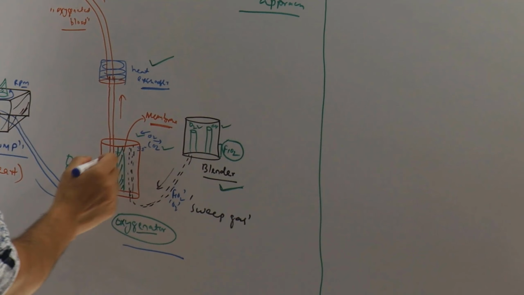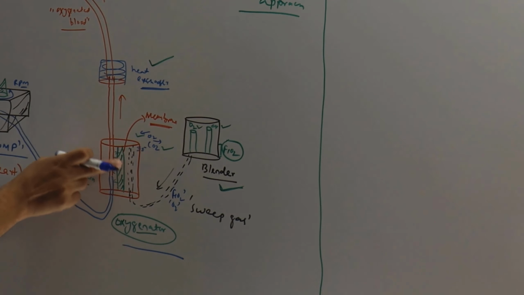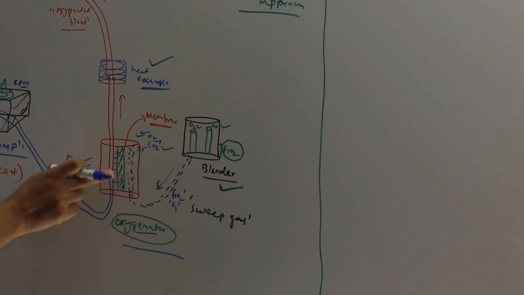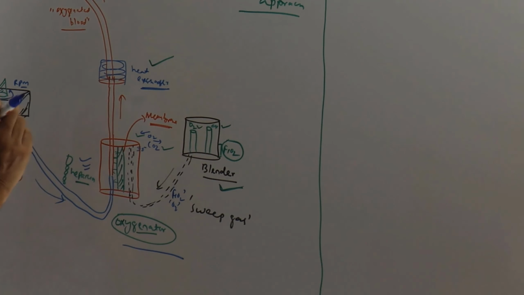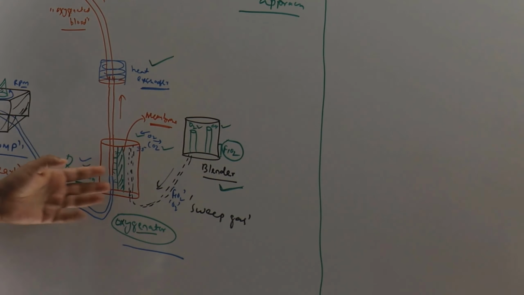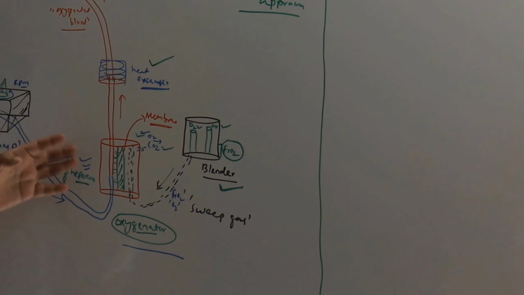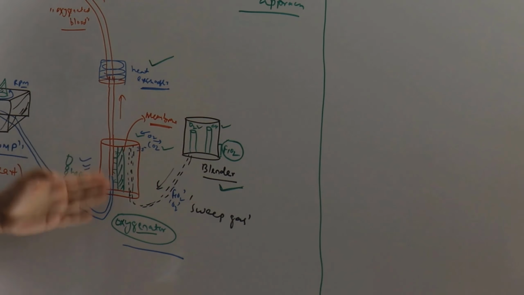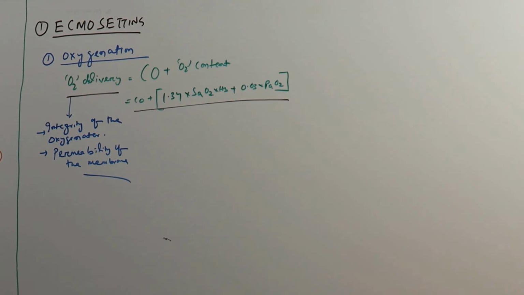This membrane has to be permeable enough to allow gas exchange, right? So what will happen when there is thrombus formation, the anticoagulation is not enough, or the patient is having heparin-induced thrombocytopenia or DIC? There will be microclogging of the membrane, and in that situation the gas exchange will be hampered, right? So the first point is the integrity of the oxygenator.